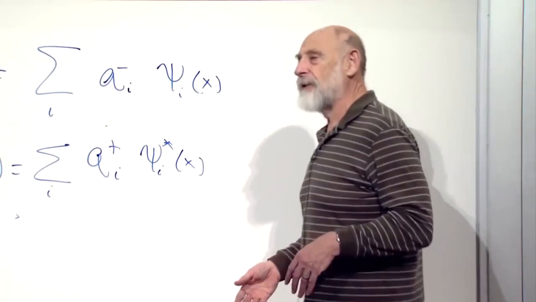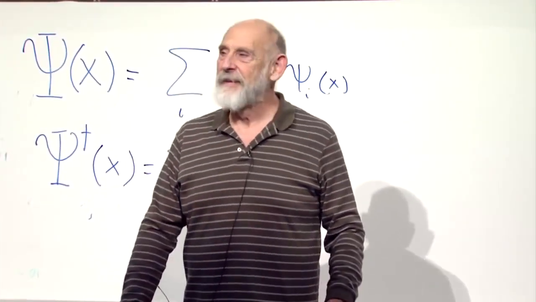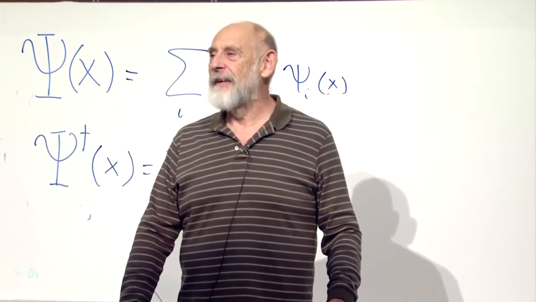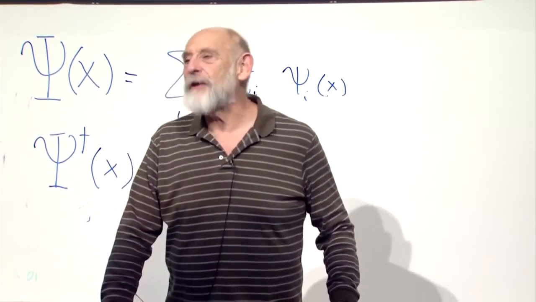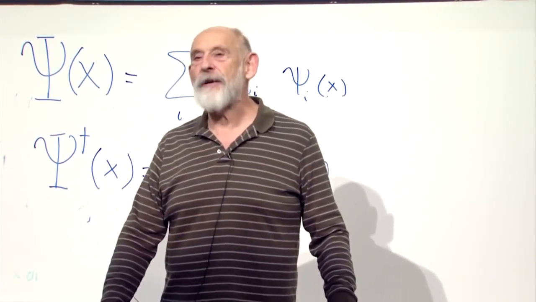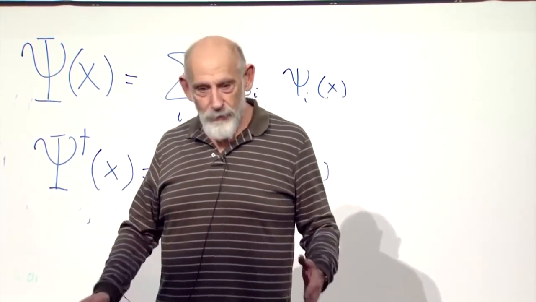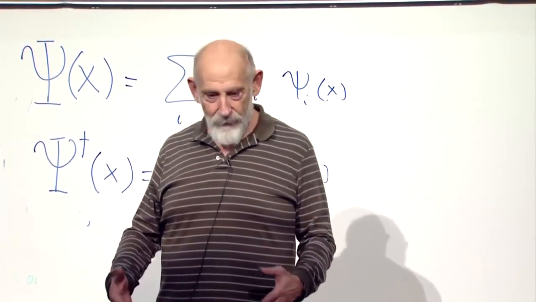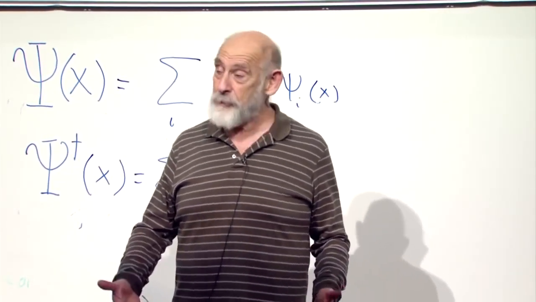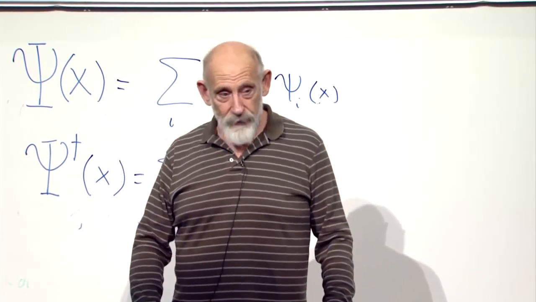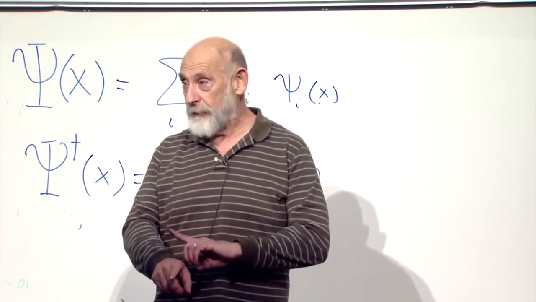Thinking of it in terms of particles and positions, if there's nothing at that position, what does it mean to give 0 to a position, I guess? You started with a vacuum. The vacuum is not 0. The vacuum is a state. It's a normalized state whose length is 1. It's a good state. There's nothing wrong with it. It's there. But it has properties. The properties are those of empty space. When an annihilation operator hits it, it literally gives 0, the 0 vector, the vector of 0 length.